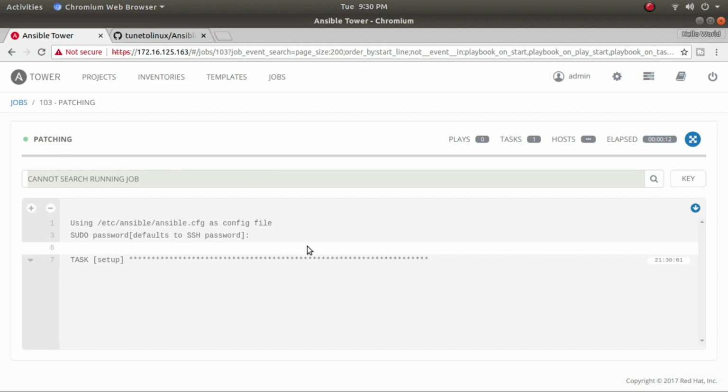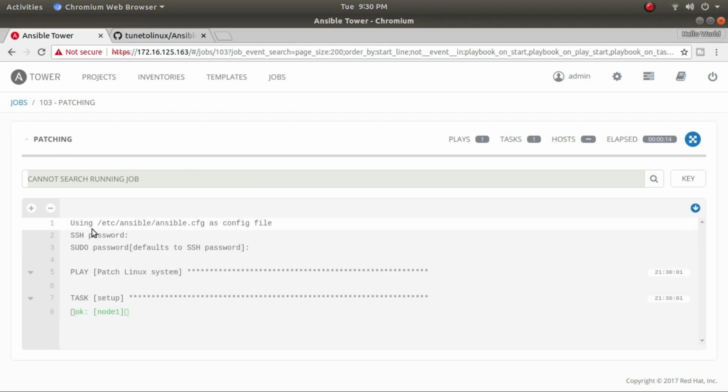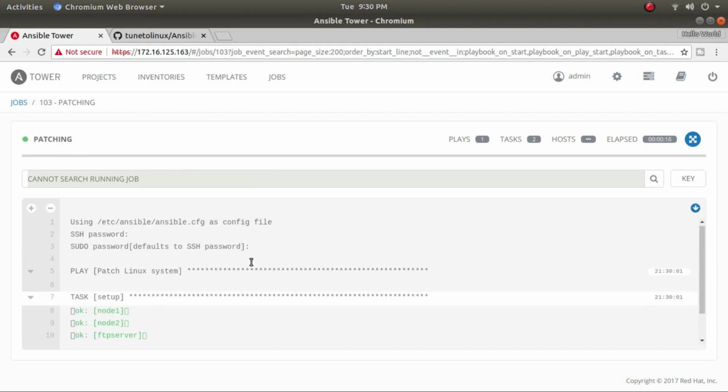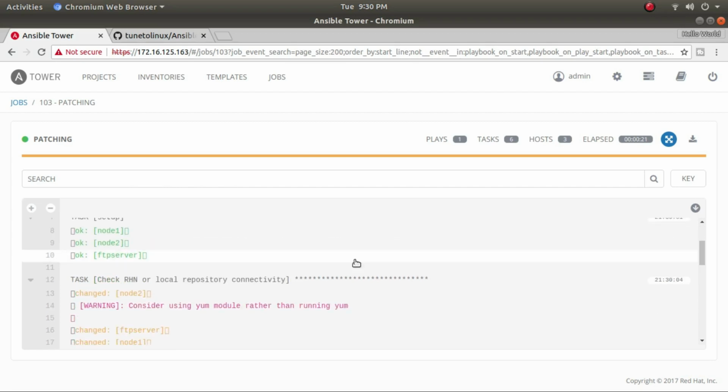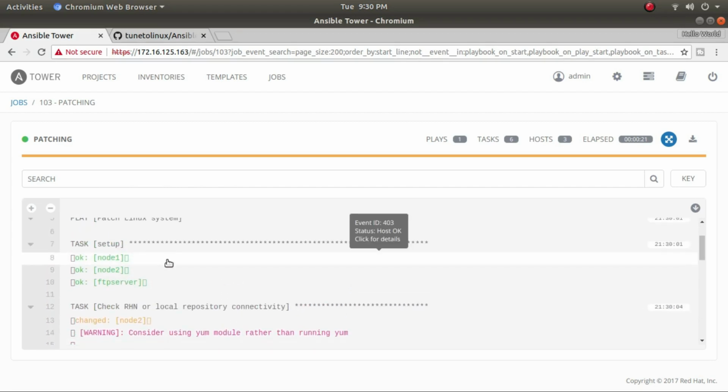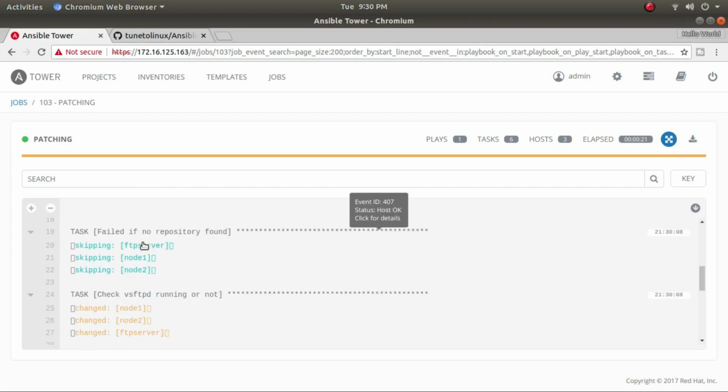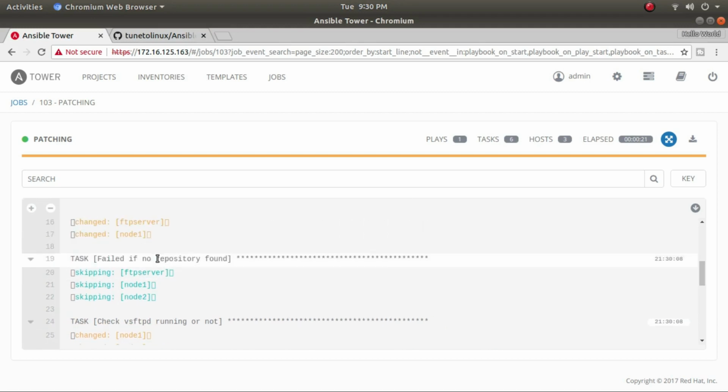And I was talking about the verbosity, right? So you can see the verbosity. Because of that verbose level 1, it is saying using ansible.cfg, which is the default ansible.cfg file. And if I scroll it down,